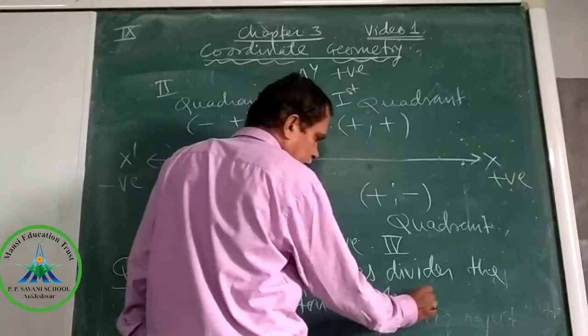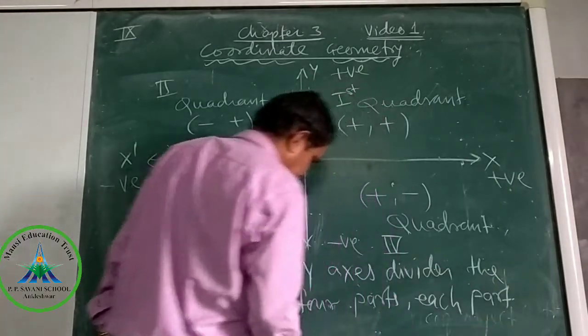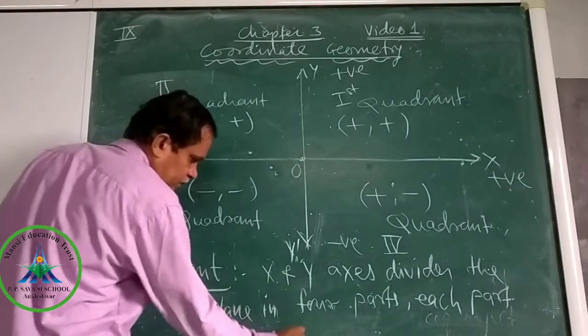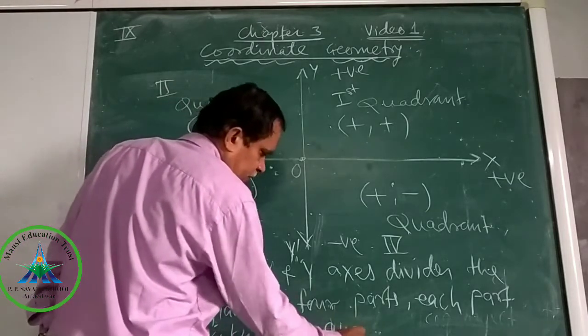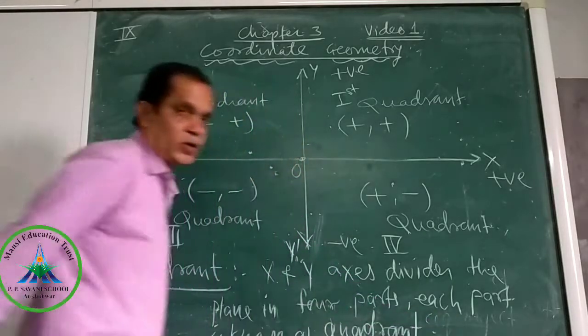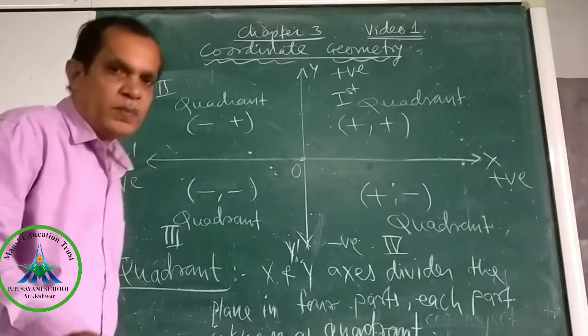Each part is known as quadrant. So how many quadrants are there? 4 quadrants. First quadrant,